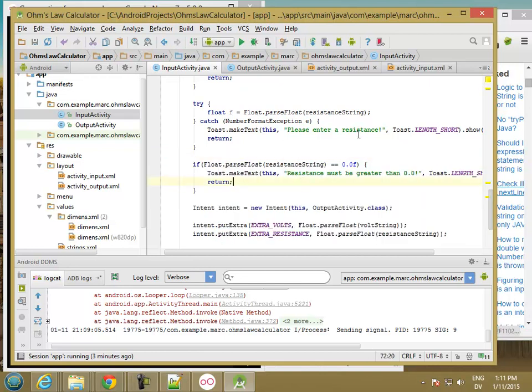Okay, maybe not the most efficient because I'm doing the conversion in a couple of different places, but